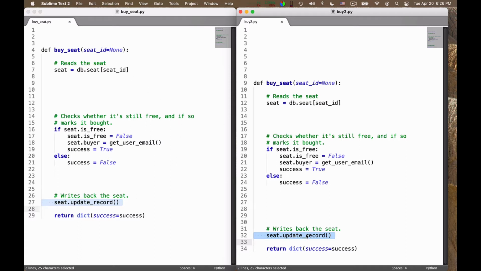user 2's request overrides the one from user 1, so the seat would result bought by user 2, because seat.buyer would be the email of user 2, and this write would overwrite this one. So what we are seeing here is a classical consistency problem.